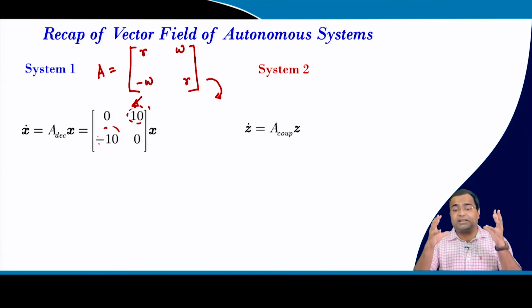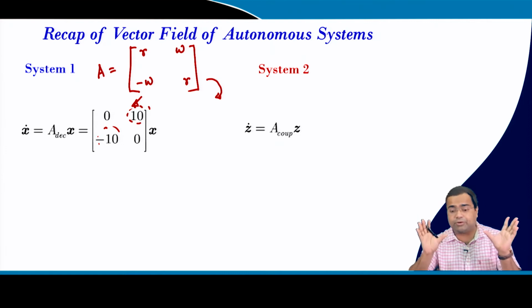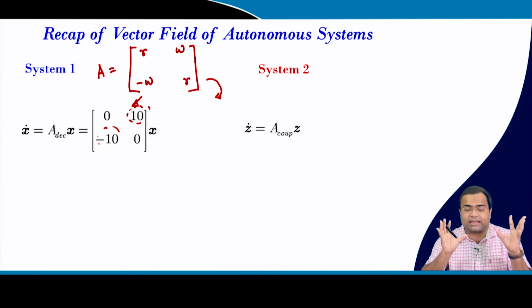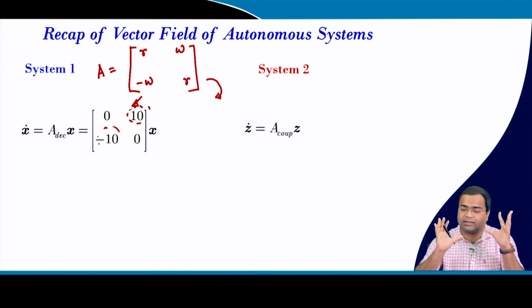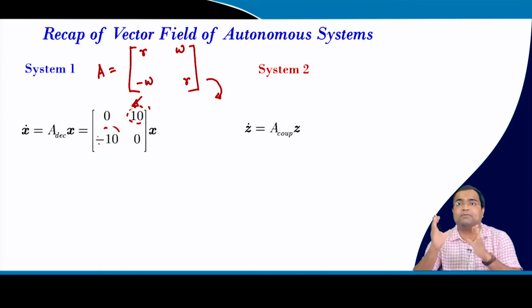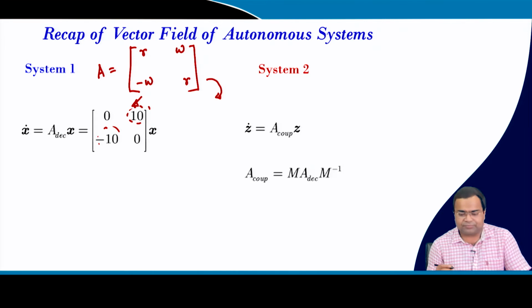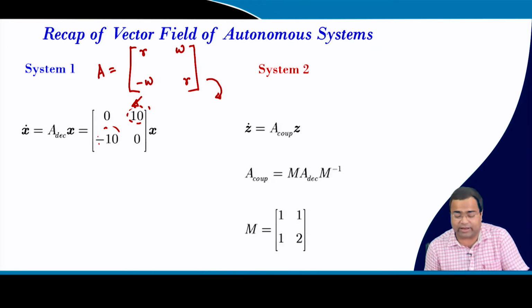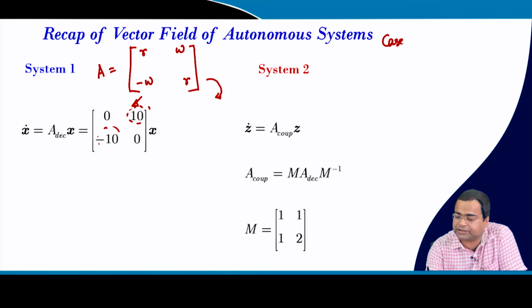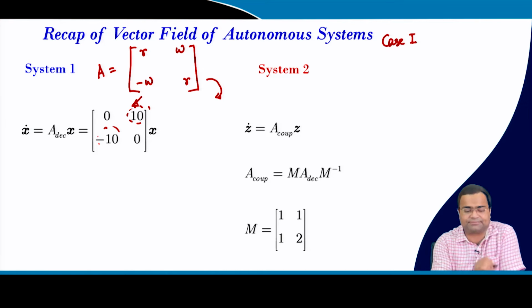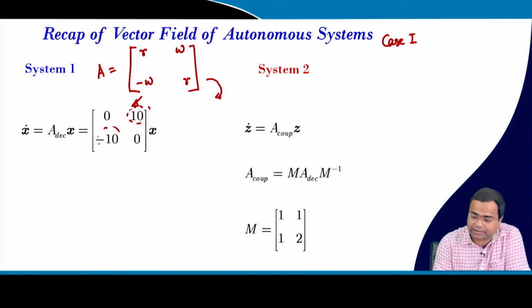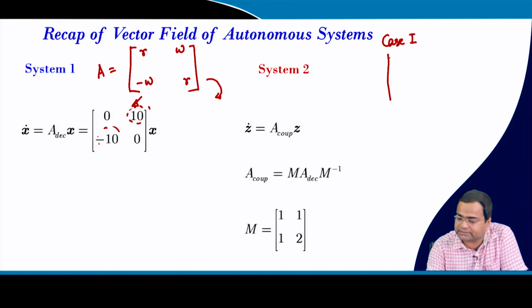Now, we are also considering another system, because in lectures 42 and 43, in one case it is in regular form and the other case we have converted into a coupled form. And in the coupled form, we saw the vector field shapes were different. In fact, if you recall, let us consider case 1. If we take this first case, we know the vector field will look something like this.